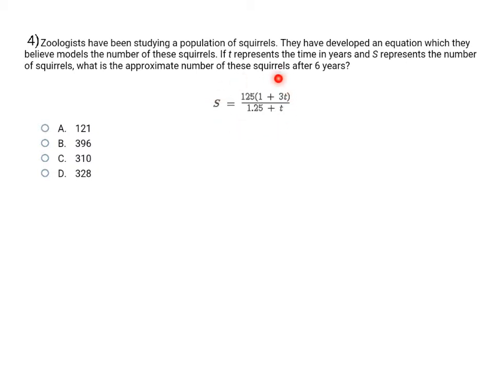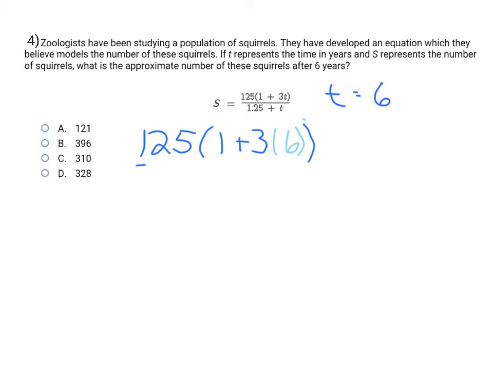So basically, you're using this equation to solve for the number of squirrels after 6 years. So that means our t here is going to be 6. Anywhere that there's a t in this equation, I'm going to substitute in the number 6. So I'm going to have 125 times (3 plus, and that was a t in the equation. So now I'm going to substitute in 6, making sure to use parentheses, like always, around those numbers that I